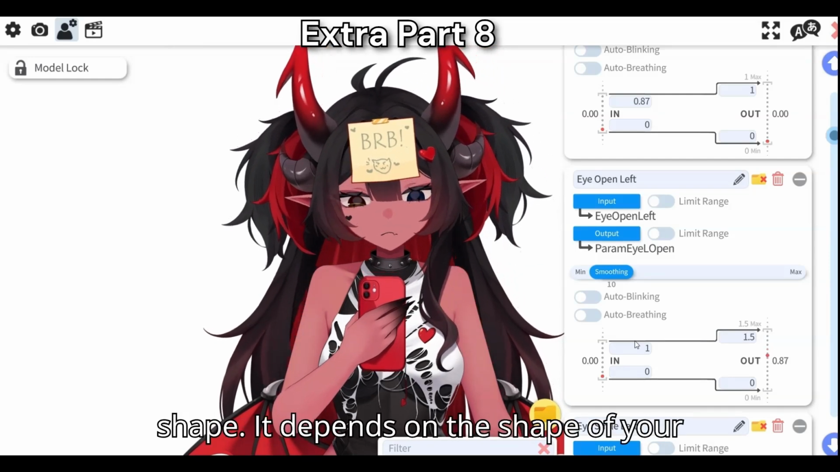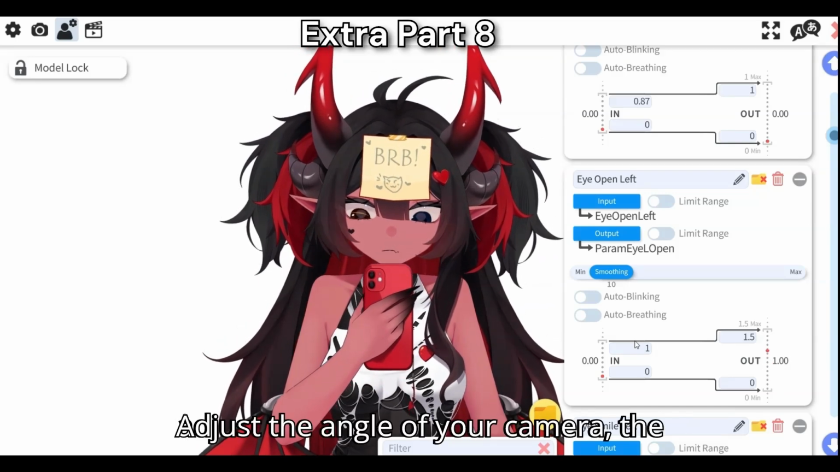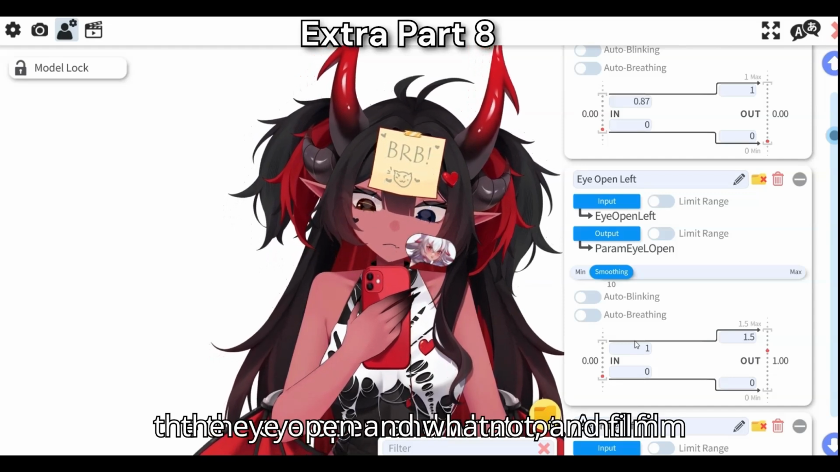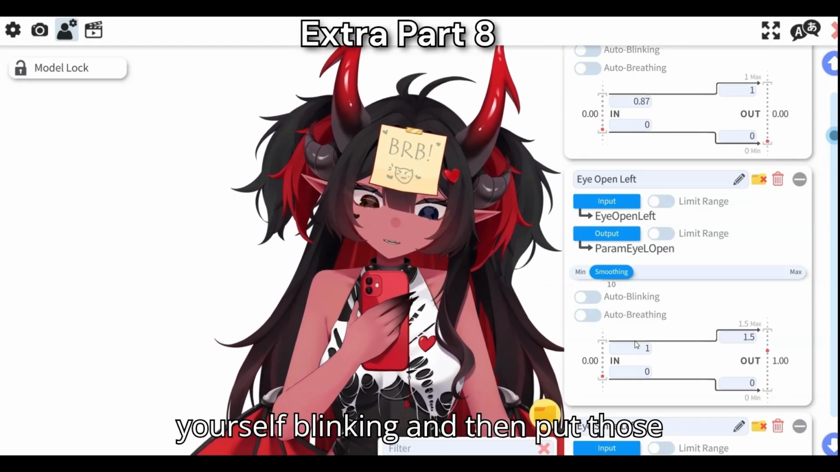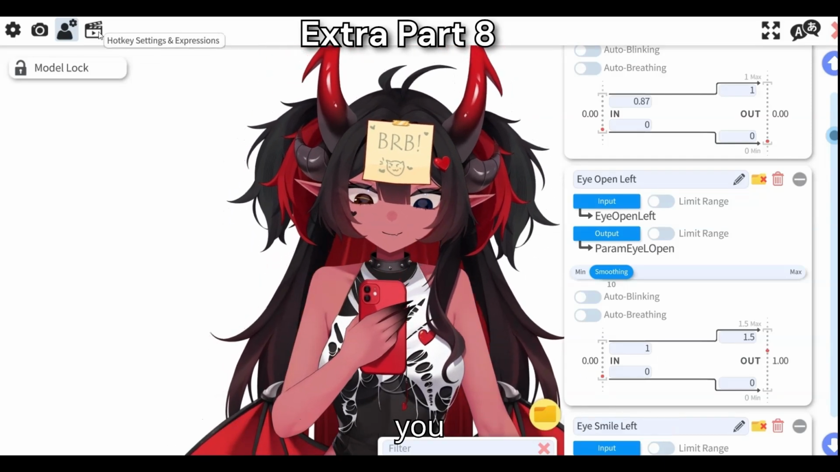It depends on the shape of your eye and the angles of your camera. So adjust the angle of your camera and your light, move around with the eye open, and film yourself blinking, and then put those parameters in. Next, I wanted to show you